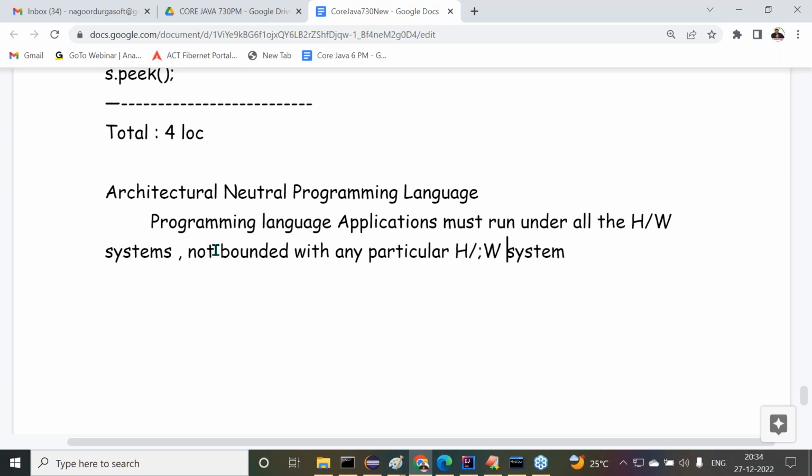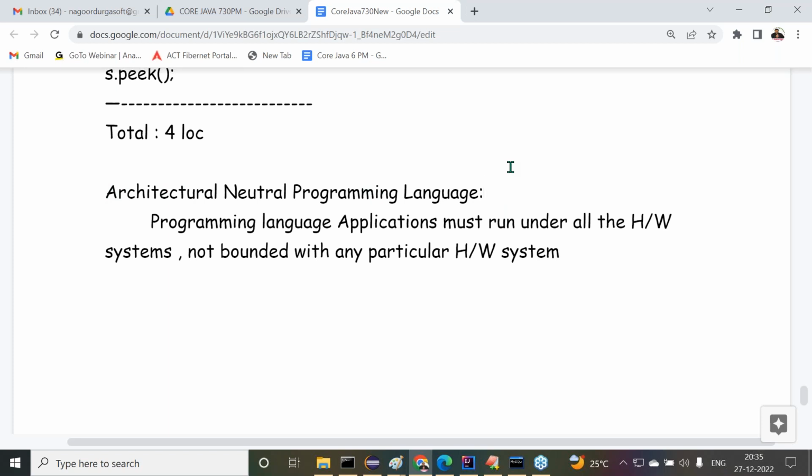If our programming language is able to execute its applications on all the hardware systems, automatically that programming language will get more demand outside. So this is exactly the meaning of architectural neutral.